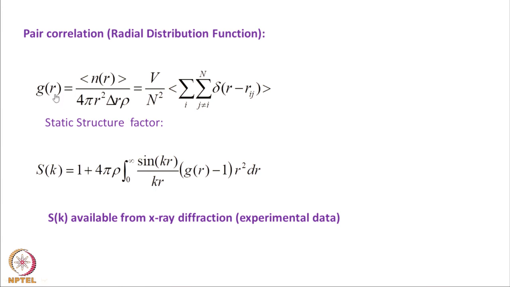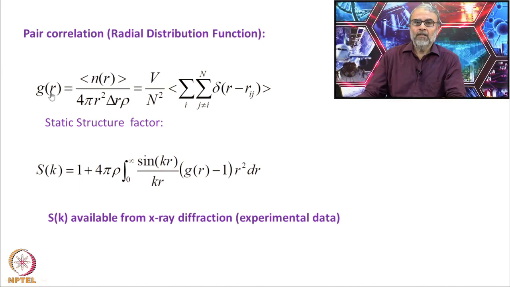This radial distribution function at a given distance r is the local density at that distance. How do you get the local density? Find the density at that distance and divide by 4 pi r squared dr, which is the volume at that distance r. The next slide will explain this in greater detail. So, I get the local density given by this term divided by the bulk density, that is my pair distribution function. The same thing can be obtained in terms of counting all the ij pairs.